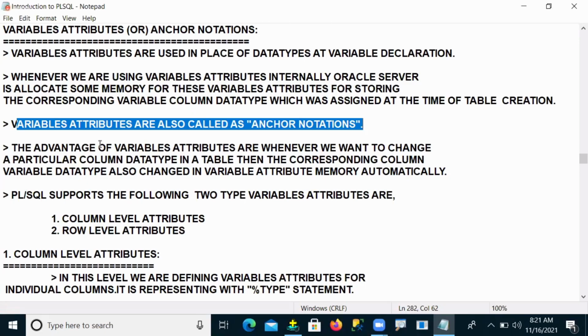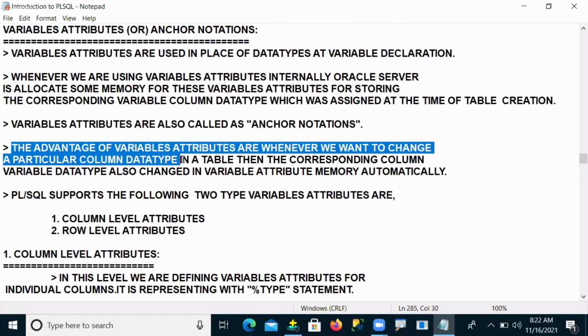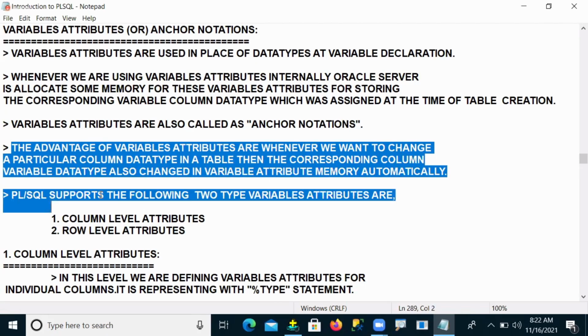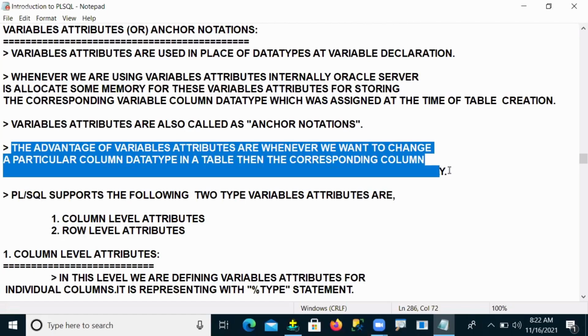The advantage of variable attributes is that whenever we want to change a particular column data type in a table, the corresponding column variable data type is also changed in the variable attribute memory, in the anchor notation memory, automatically.